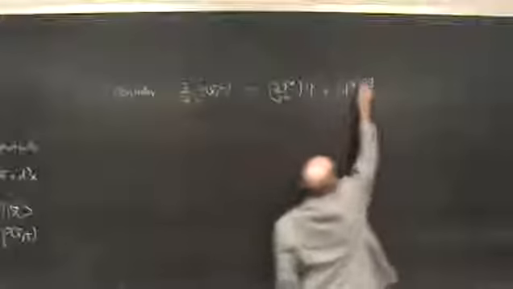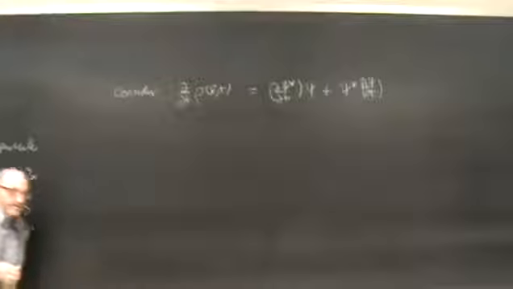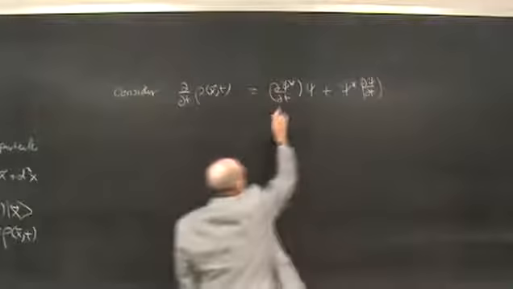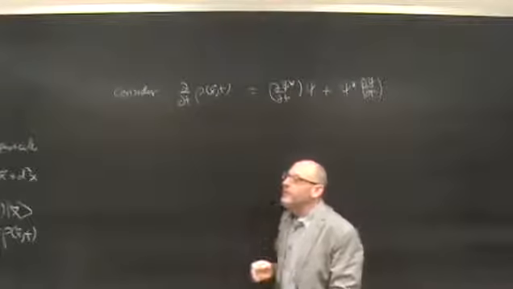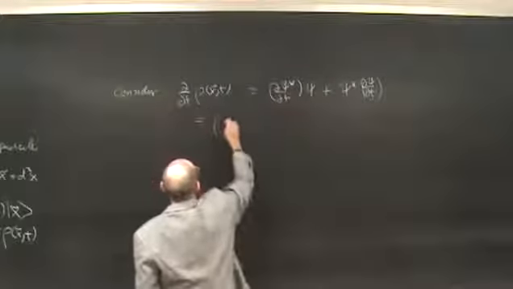For a pure state, and if we had a mixed state, we would just average over the ensemble of states, so it doesn't change anything. And now we know how these evolve according to the time-dependent Schrodinger equation. So this is equal to